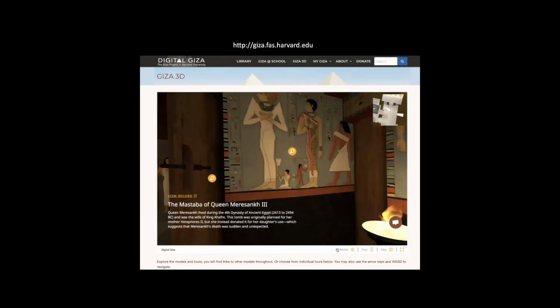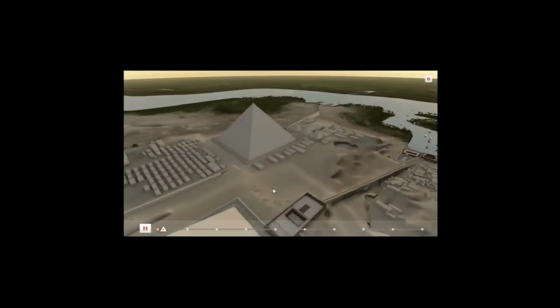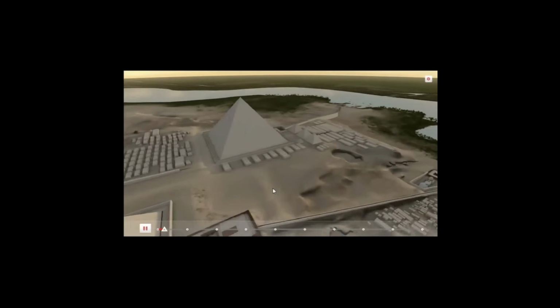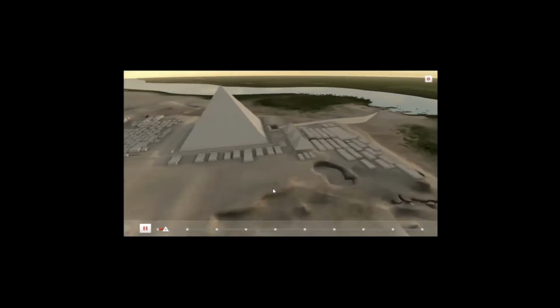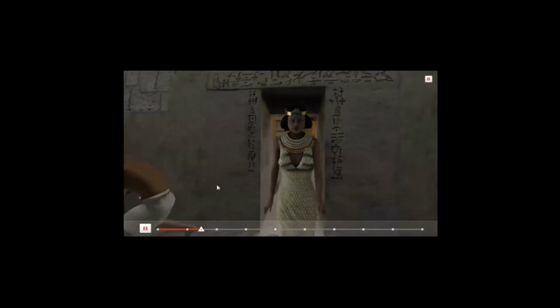Other ways to enhance the outreach is maybe to have the tomb owners themselves show you their tombs. So here's another experiment. This isn't quite on our website these days, but a lot of the features I'll show you are experimental. Some are public, some are not quite yet. Some are works in progress. So here is the queen, the tomb owner of that chapel, taking you inside.